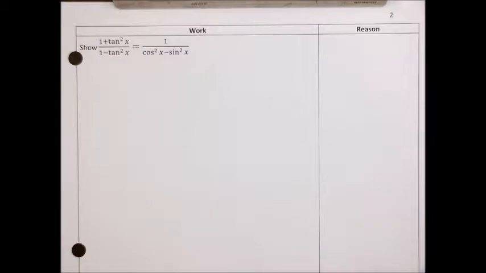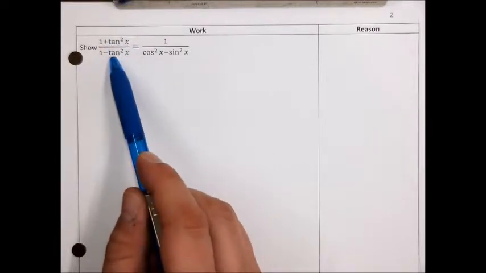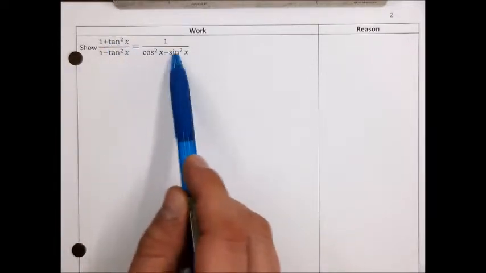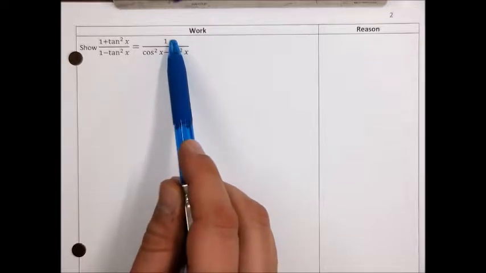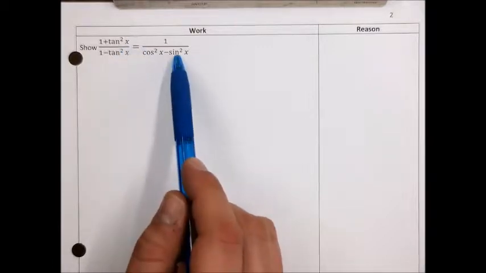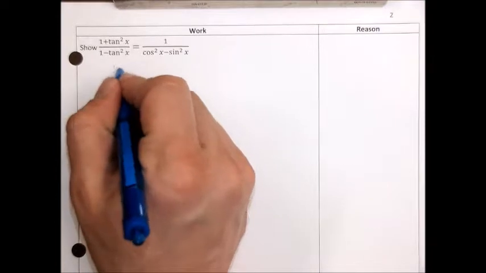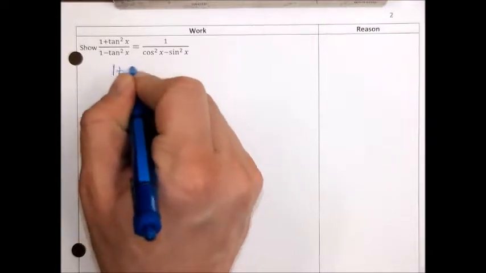So, again, the general idea is we start with the more complicated side, and we want to transform it into the less complicated side. And so on this one, to me, I'd say the one that has 2 tangent squareds in it is a little more complicated, right? The other one has some squared trig functions, but there's a 1 in the numerator, and so I think if we change tangent to sines and cosines, we might be able to simplify it down into that thing on the right. Right, so the idea is we start with the more complicated side, we write that down,